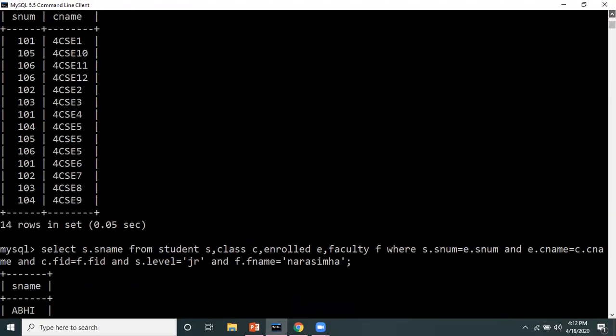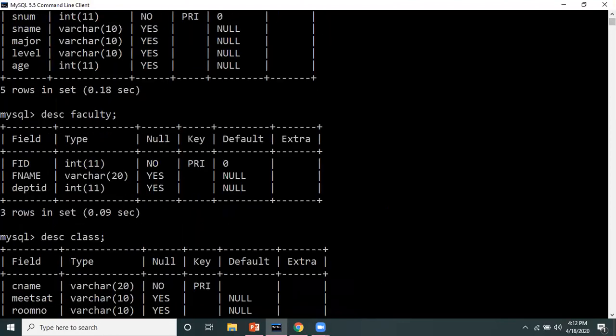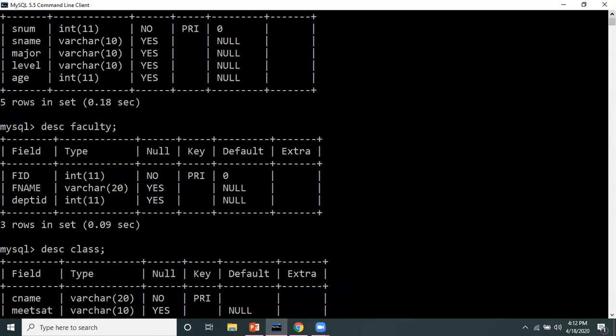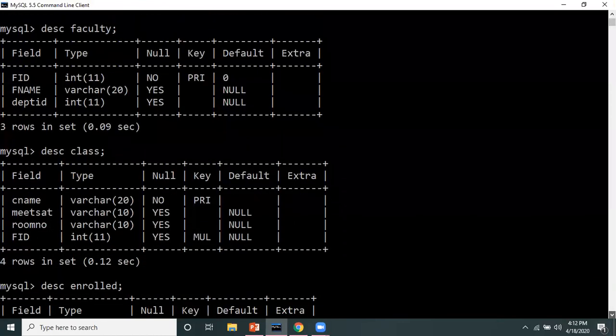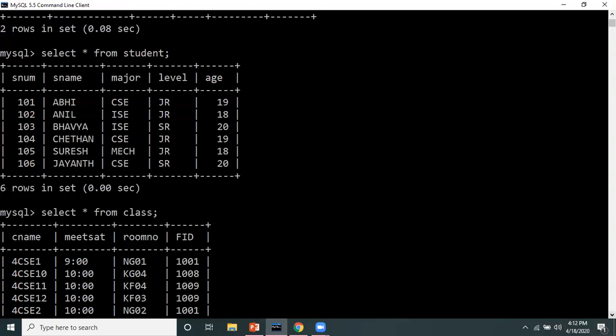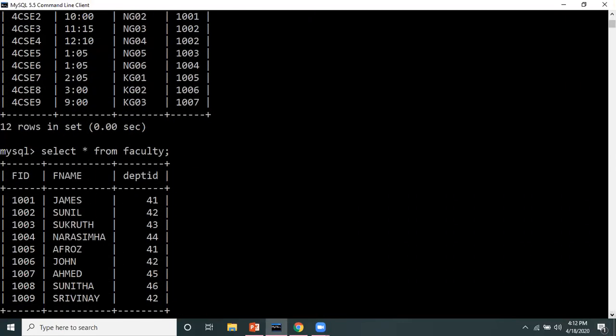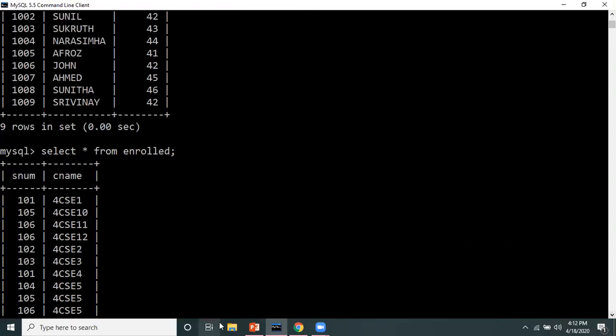So let's check the table. The first condition we have kept is that student num from the student table should be the same as student num in the enrolled table. So if we check for Abhi, 101 in the student table, and if you check in the enrolled table, here you will get 101.